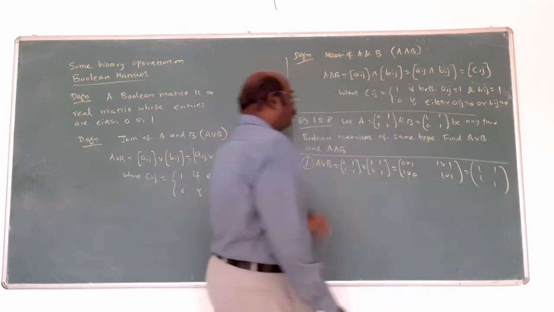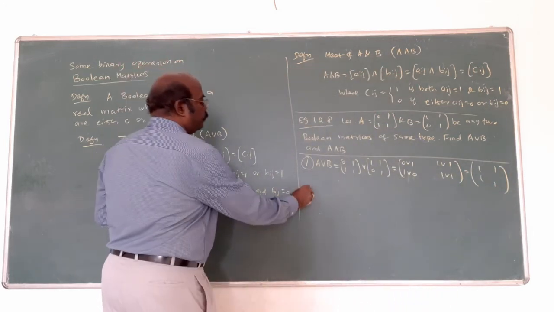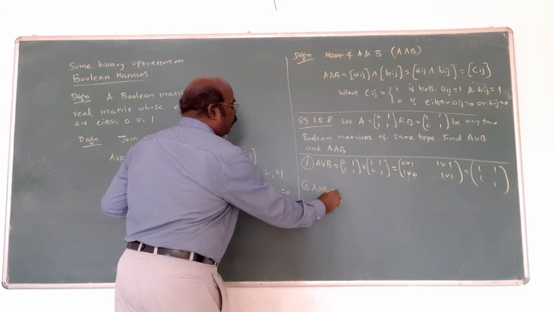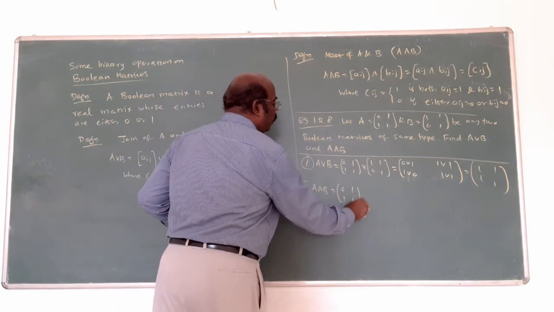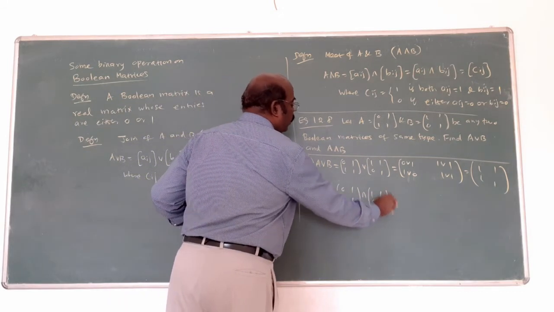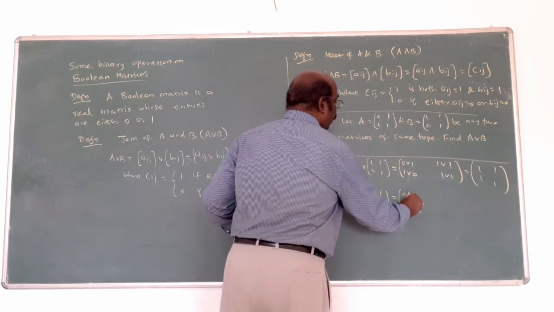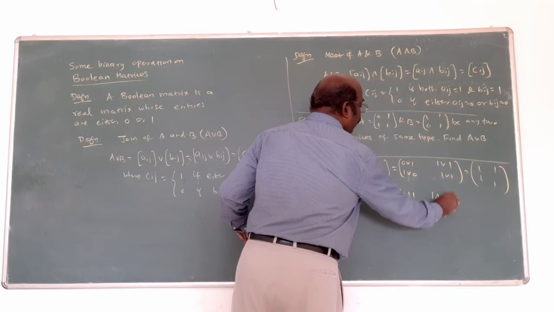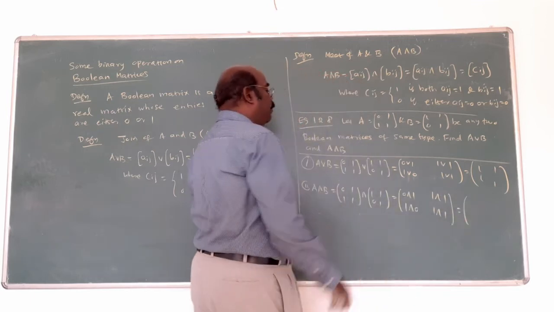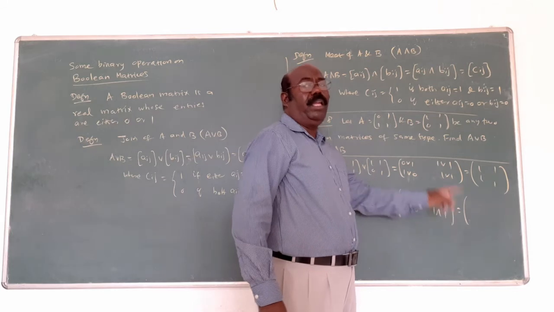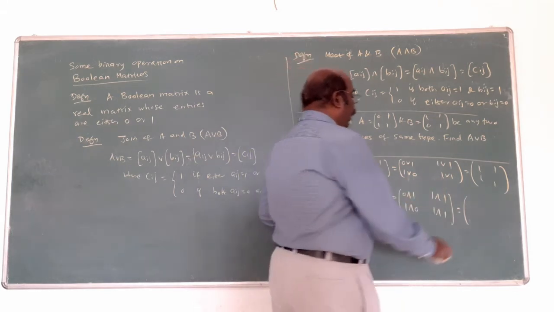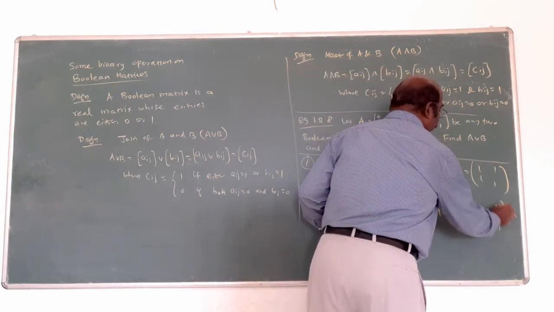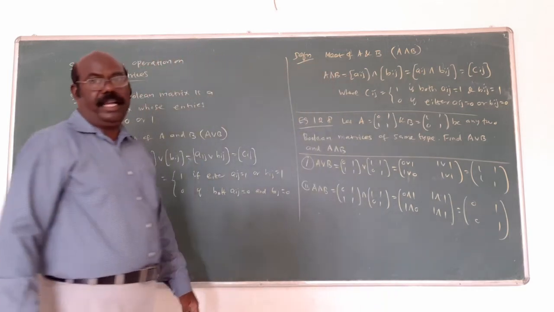That's all. Next one. A, the symbol equal to 0, 1, 1, 1. Here 1, 1, 0. The same thing only. 0, 1, here 1, here 1. What I told you? The symbol is going to mean both will be 1 means 1. Remain all 0. Am I right? This is the idea.